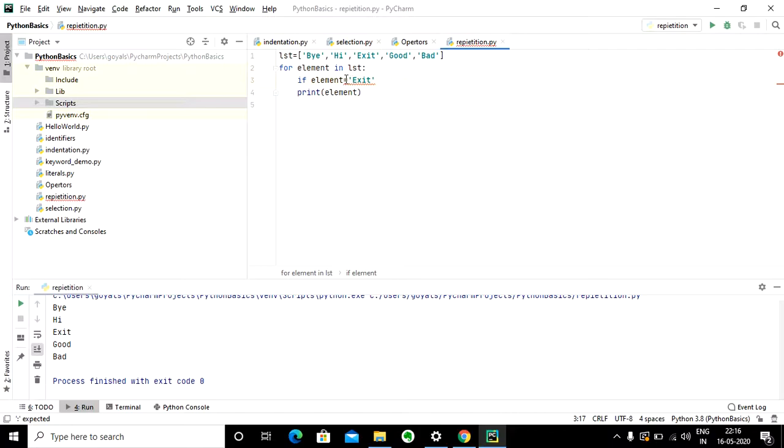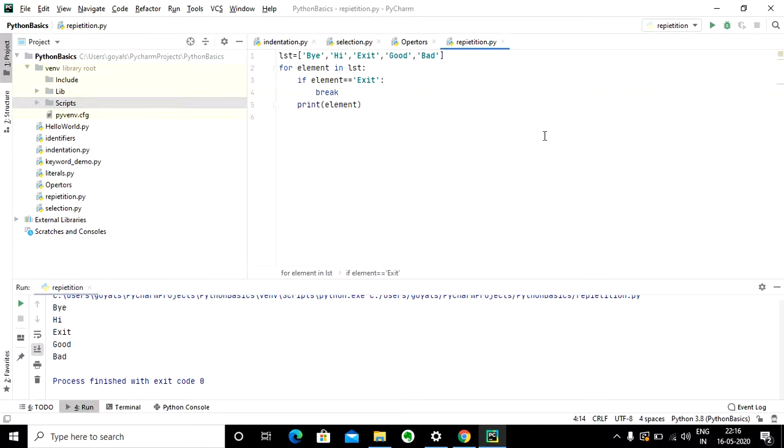I don't want to print that statement, and I don't want any further execution of this loop. So I'll say: as soon as element is equal to exit, break.